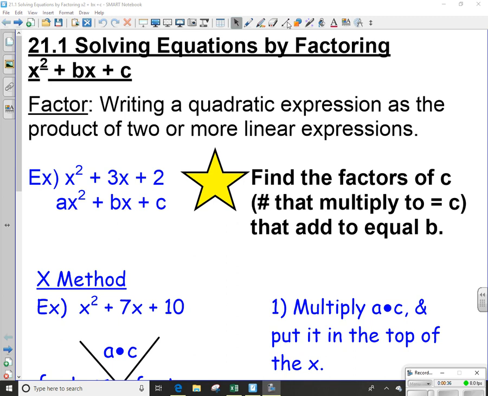Remember when we took a problem where we had something like x minus 1 times x plus